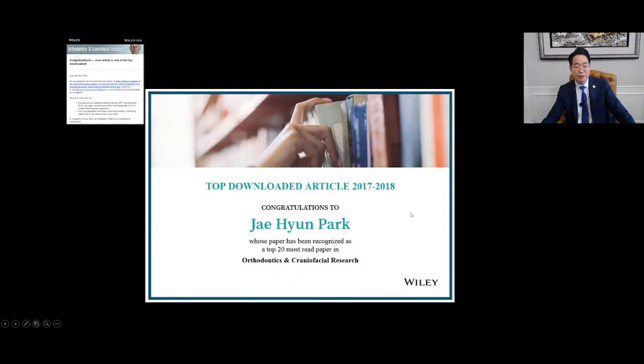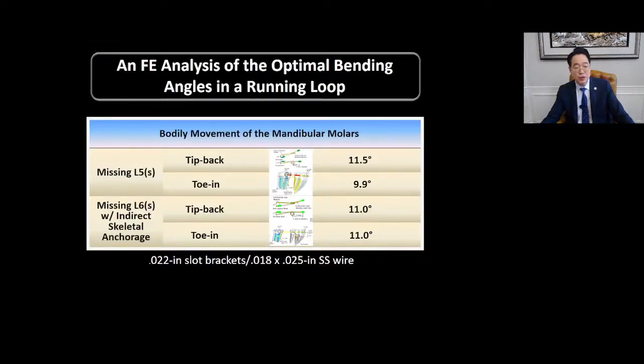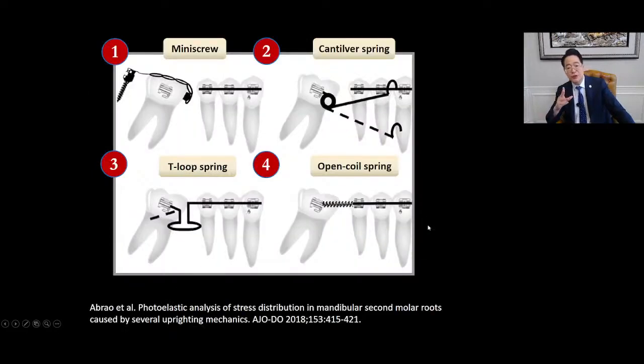This was the top downloaded article in Orthodontics and Craniofacial Research. This shows the summary table of the running loop for tip back and toe-in bend. You might be curious, which uprighting technique is better? In this study, the authors demonstrated molar uprighting with TAD shows the distalization